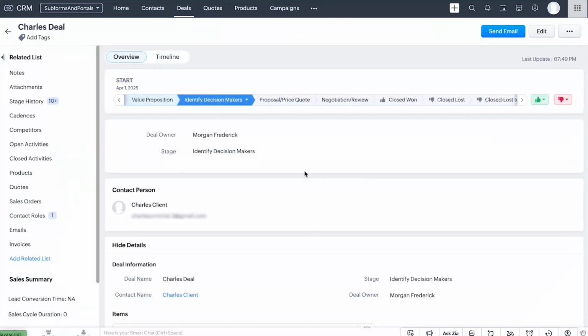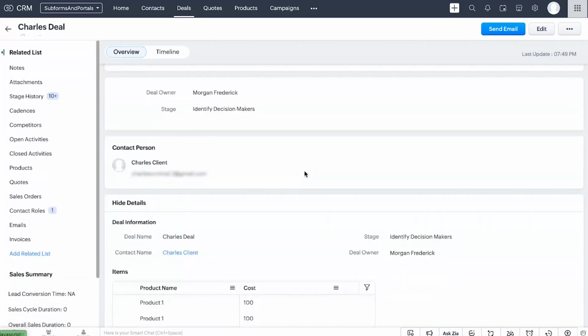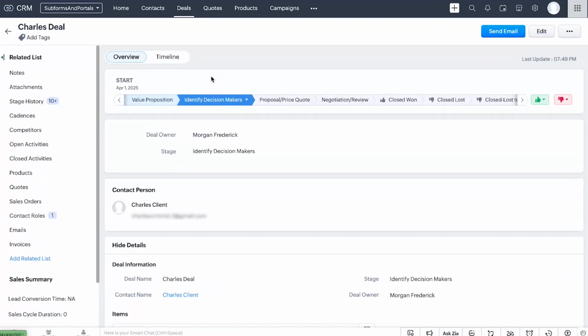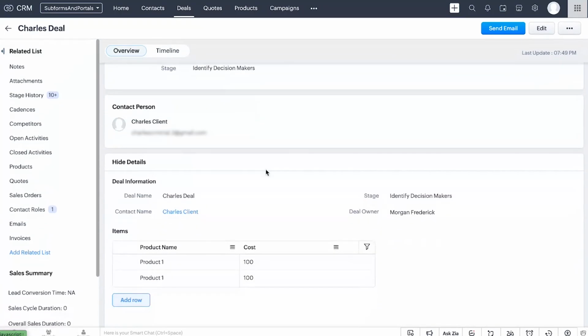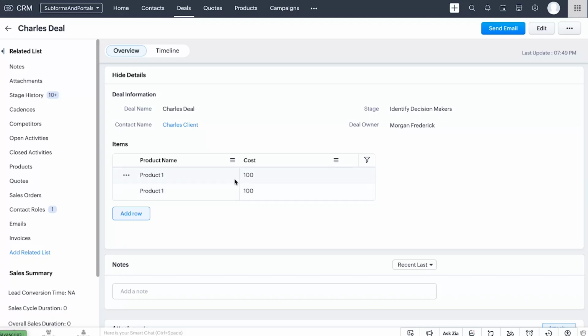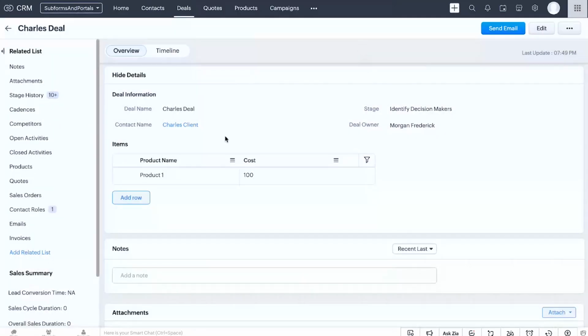So right now, if you look at this use case, the deal stage is identify decision makers. So right now it hasn't passed on to the proposal stage or the price quote stage or anything beyond. That's very serious, right? So till this point, I want the user to be able to delete these rows. Right now I can delete these rows. It's just going to go through a confirmation and it's going to delete the row,